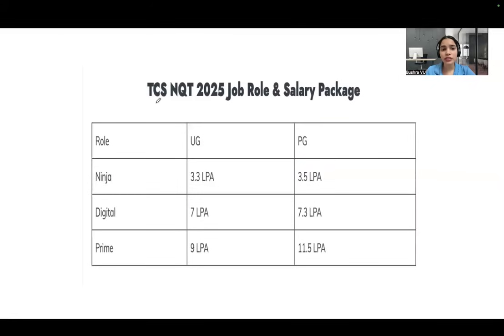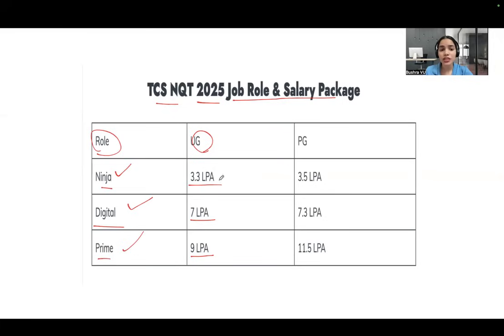First, let's talk about the TCS NQT 2025 job roles and salary package. There are three roles: Ninja, Digital, and Prime. This is the basic role, this is the medium role, and this is the advanced role, for the UG students. Specifically, we're talking about the UG students first. The Ninja role gives you about 3.3 LPA. Then there is the Digital role, which will give you 7 LPA, and then there is the Prime role, which gives